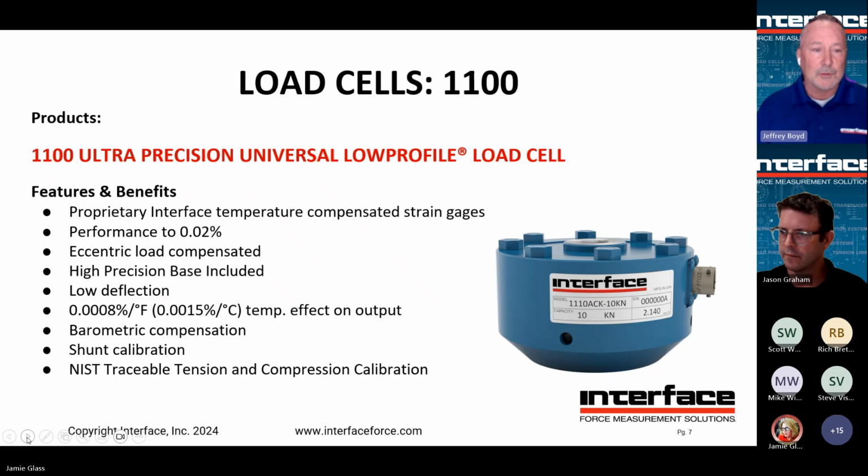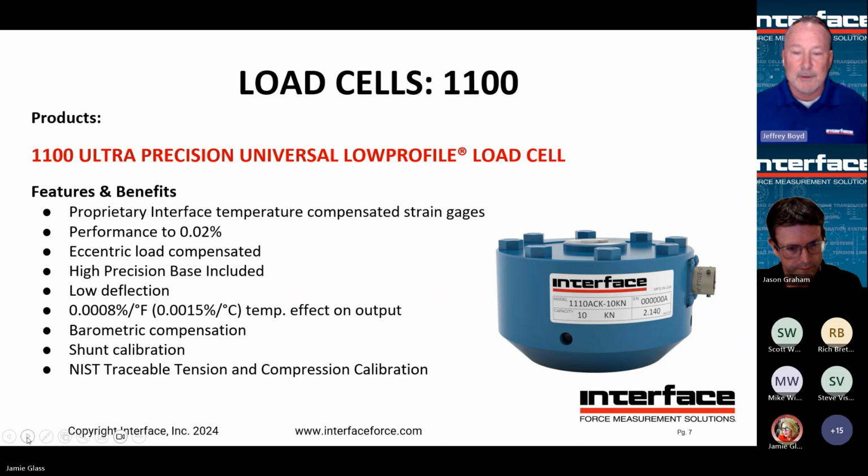So the first product that we're showing here is our low profile Model 1100. It's our ultra precision load cell. Some of the benefits that you see are our proprietary Interface strain gauges, temperature compensated strain gauges. A key feature there is that we don't require any additional temperature compensation network. The strain gauges are all that's required, so therefore we have less junction points, less solder connections internally within the Wheatstone bridge, and it has many advantages there. A high precision base is included on our 1100 series,